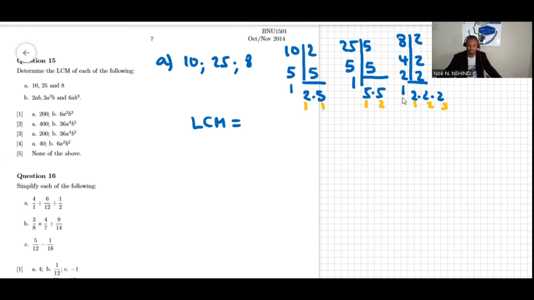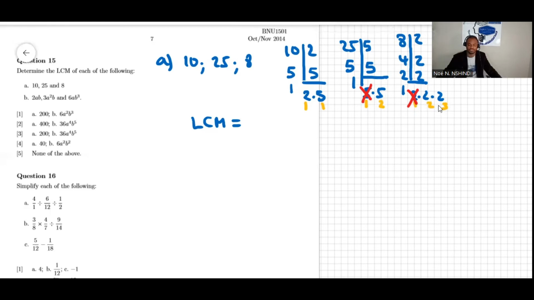So 2^1 cannot be there. I cannot take this 2^1. If I need to find the LCM, I won't take that one. I won't take this one. Okay. And then 5^1 is here. I cannot take another 5, 5 there. So I have only 2^1 that's left, the only 5^1 that remains, and the only 5^2,